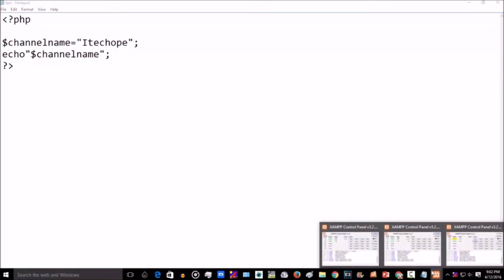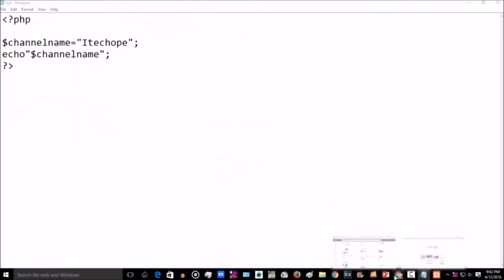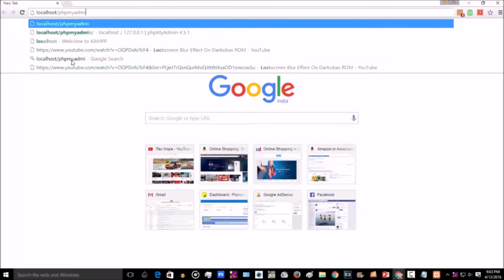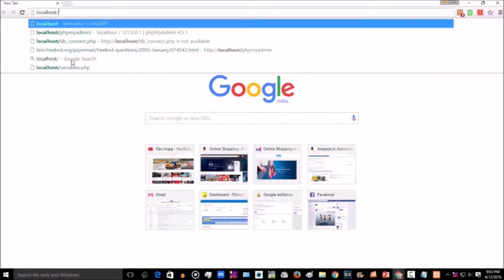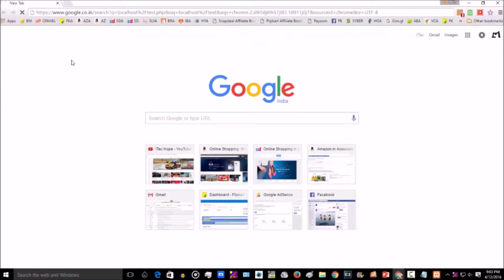Here we need to start the Apache and MySQL modules. After that just open the browser and type localhost and our script name, that is test.php. Here we can see iTakeHope has been printed in the browser.